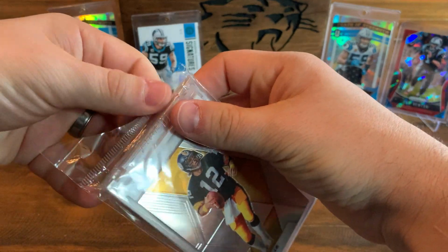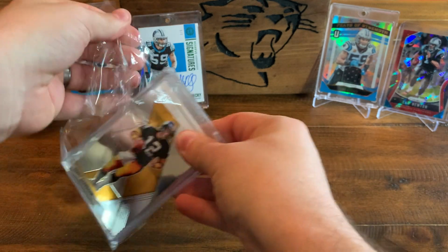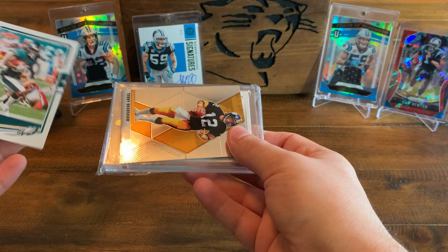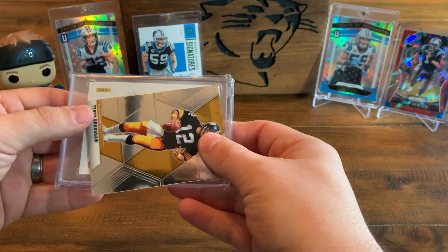Wasn't expecting this. All right, try not to give it away just yet. So we got the Miles Sanders and Terry Bradshaw. And so for the big reveal,